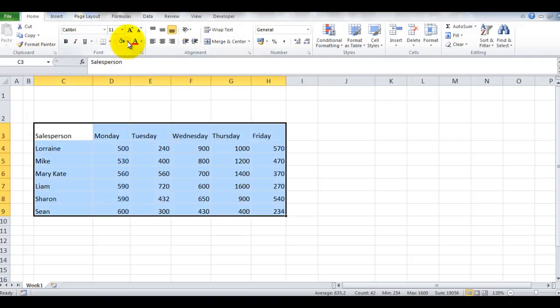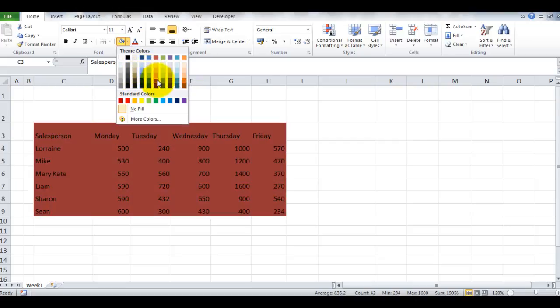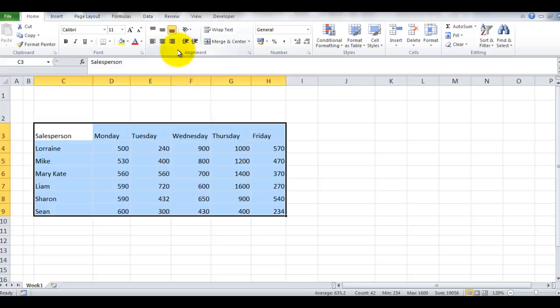If I click on the little arrow beside the fill color, I have more and different colors, and as you scroll or hover over them you can see the change that would occur if you were to use that particular color. In the alignment grouping you have various horizontal and vertical alignments where you can align your text